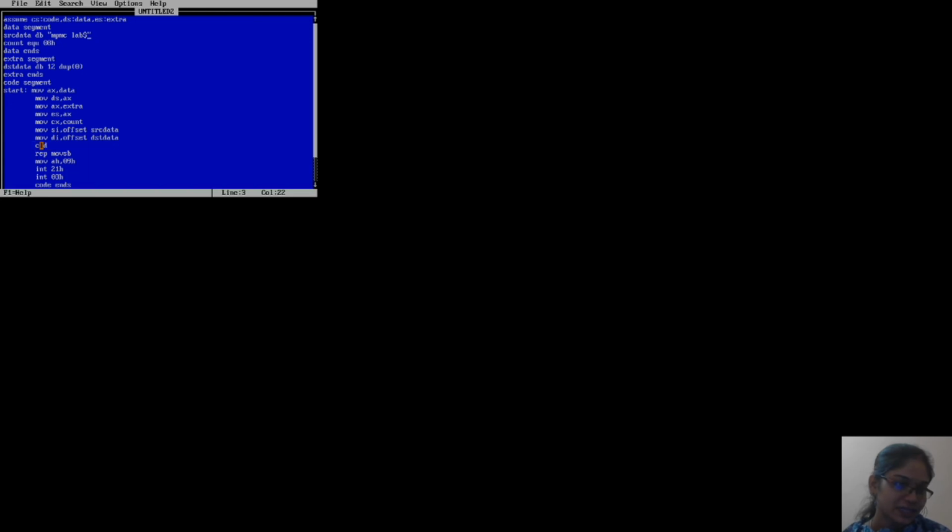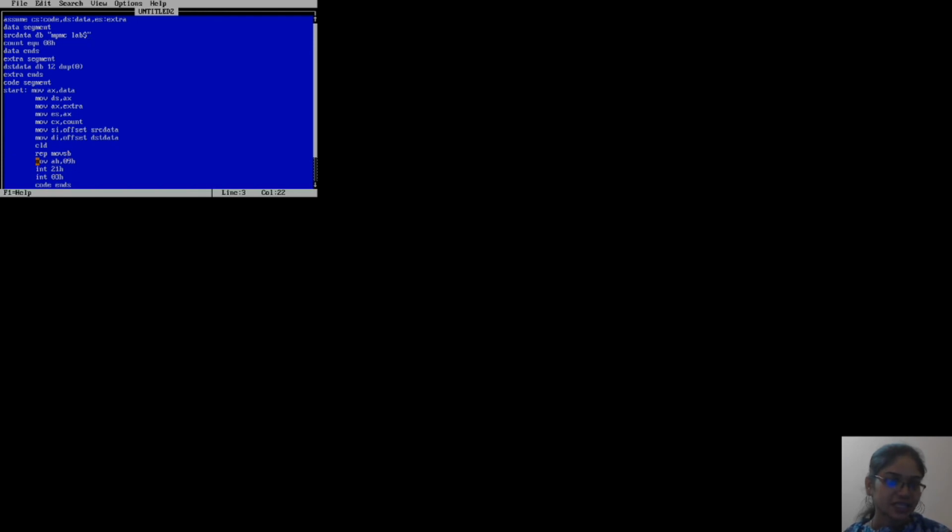The next instruction is CLD, clear direction flag. Through this instruction, the direction flag is cleared, to transfer the string in auto-incremented mode. The next is REP MOVSB, repeat move string byte. Through this instruction, the content pointed to by SI is moved to DI.